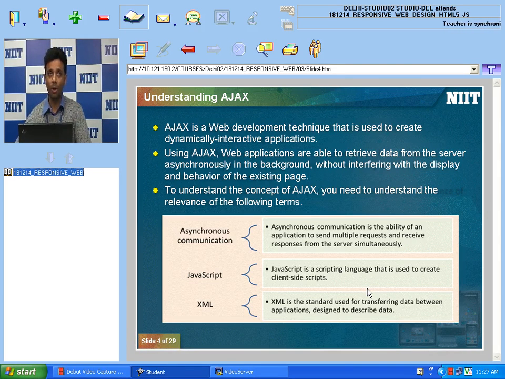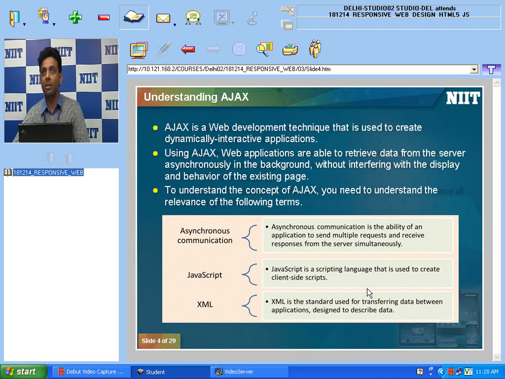And what is basically Ajax? You can see Ajax is a web development technique that is used to create dynamically interactive applications. And Ajax basically is a combination of three things: asynchronous communication, which means you are always connected with your server, JavaScript, and XML.